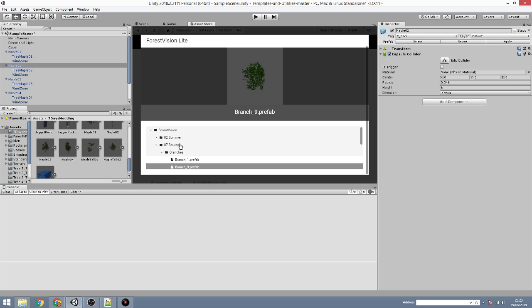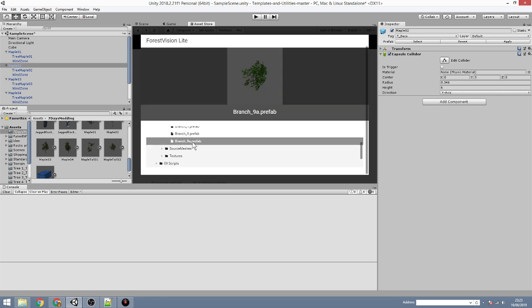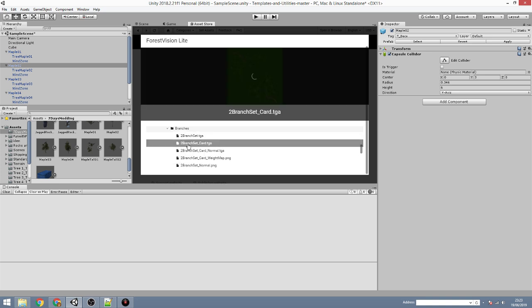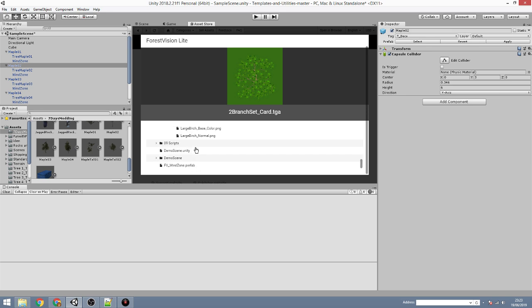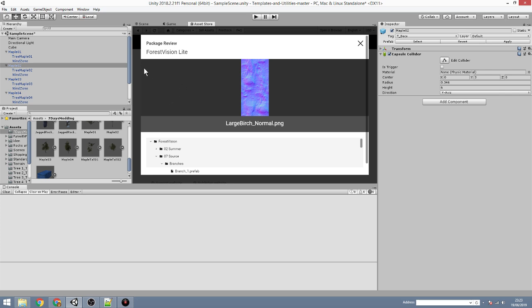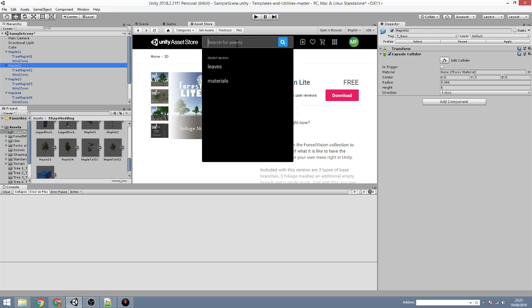which could actually be pretty cool for going on the ground. Because you know, forests have fallen branches everywhere. Branch 9A. What's the difference between that one and that one? Not much. Textures. Branches. Trunks. So there's the TGAs. The PNGs as well. Large branch normal. Okay, so that's the normal maps for it. Okay, so that doesn't really have too much. Because I need to find some pink. Okay, let's look for